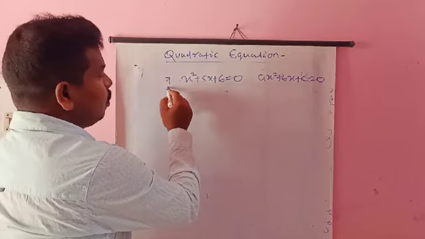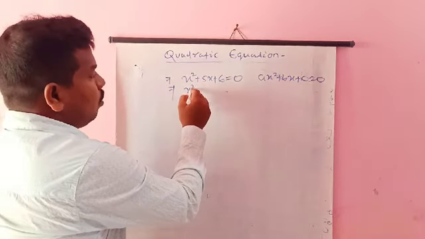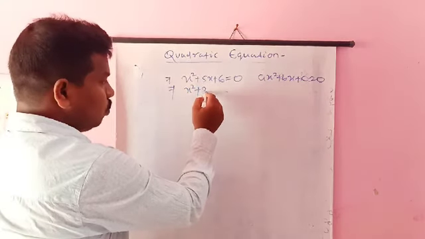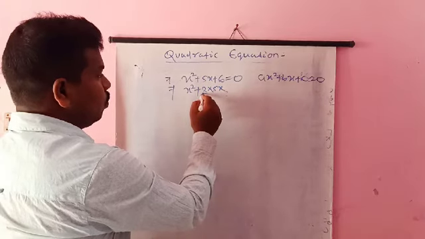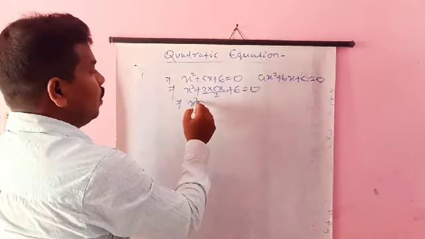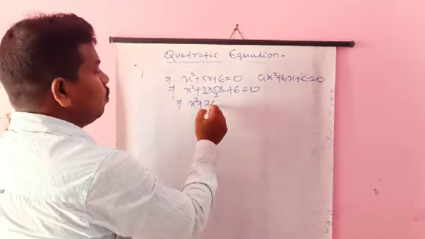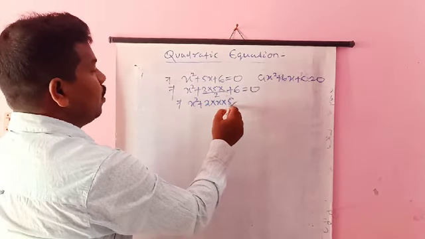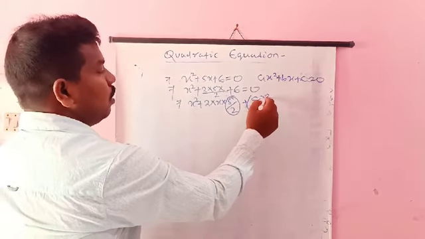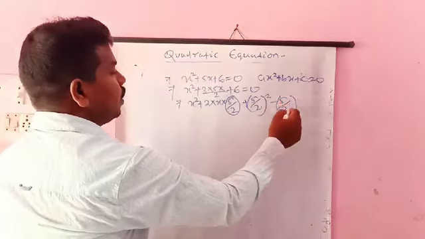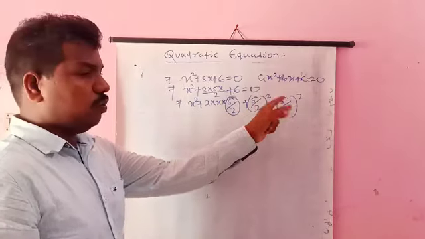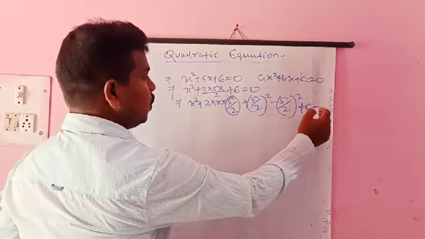Now we have to convert it into the form of (a plus b) whole square. The 2 is not present here, so we multiply 2 and divide by 2 with 5x. That means x square plus 2ab, where 2 times b equals 5, so b equals 5 by 2. So we add and subtract (5 by 2) whole square, because (5 by 2) square is not present there. If we add, then we must subtract it. Plus 6 equal to 0.